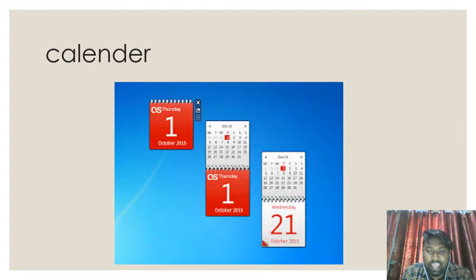The first gadget is calendar. In the calendar we can see important days, programs, meetings or appointments with anybody, so we can get this kind of information from the calendar. We can make a note of how many days we have or what the special days are. When we are having holidays, we children used to see the holidays in the calendar. So this is one use of the calendar gadget. The next one is